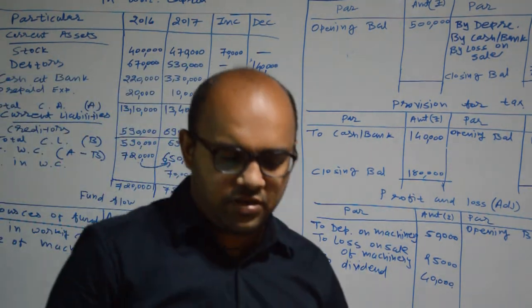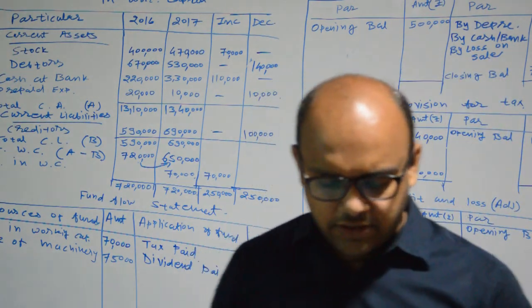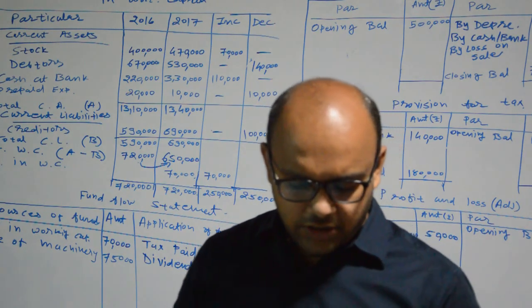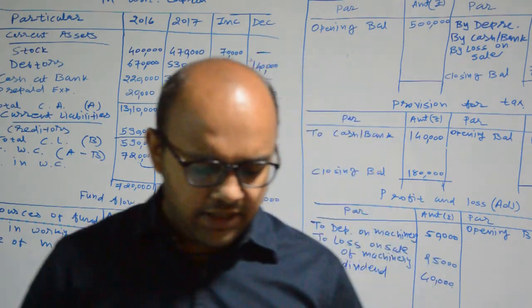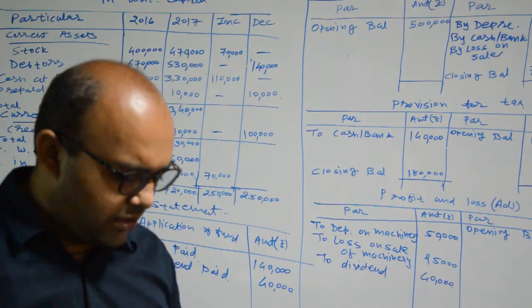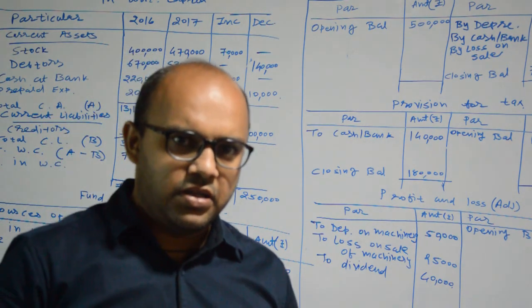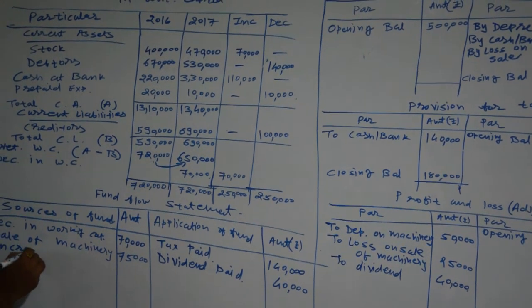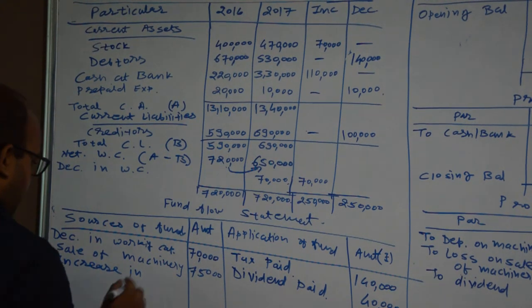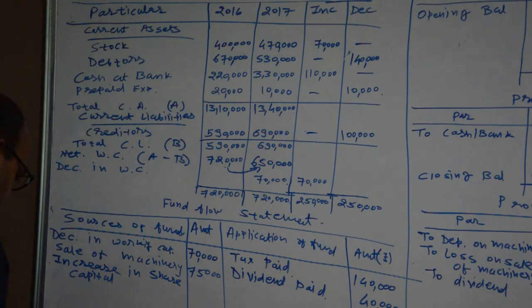Okay, adjustments are over. We will make analysis of balance sheet in next step. Okay, we will consider the liability side. First of all, share capital. In previous year it is 12 lakh and in 2017 next year it is 15 lakh, means there is increase of share capital rupees 3 lakh, and when there is increase in share capital, then it will have effect on sources of fund side. Okay, we will write it down, increase in share capital. How much amount? 3 lakh rupees.